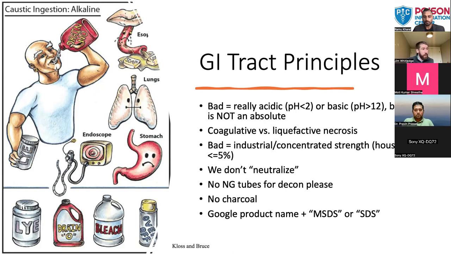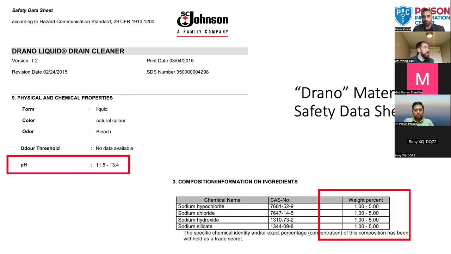You can't always find a safety data sheet, but oftentimes, as you see with the example of Drano here, you are able to get a sense of what the chemical properties of the caustic agent are. So if we Google Drano, which is commonly used for cleaning out toilets and sinks here in the US, you will get a pH range, and you can see the range is up to 13.4,